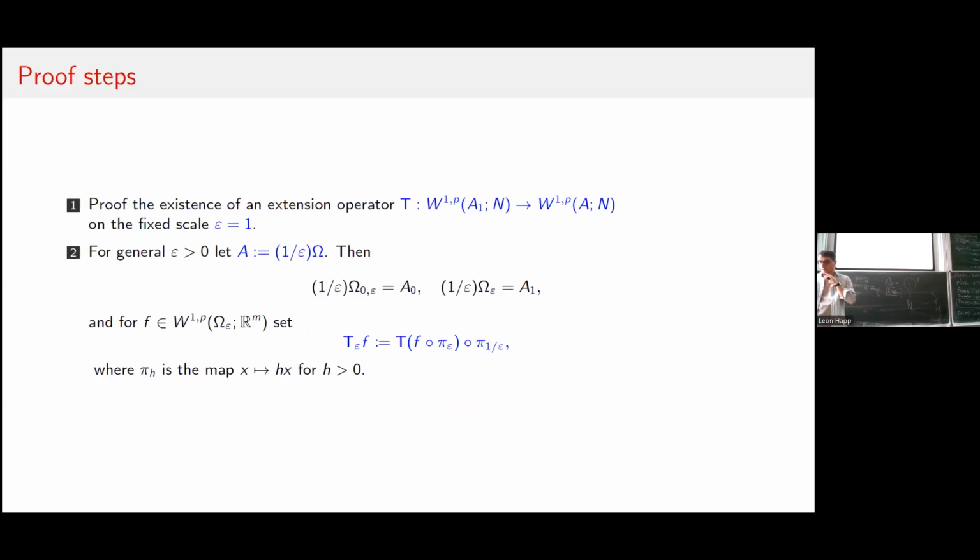Let's go to the proof now of the extension operator. We will do everything for scale epsilon equal to 1, because otherwise you can just rescale your domain. And you will find that it is important here that the constant C for the L^p bounds that you derive is independent of the scale epsilon and of the domain. So rescaling the domain doesn't change anything about the constant, so we can do this. And then for arbitrary epsilon, we define our operator as some rescaled version of the operator before.